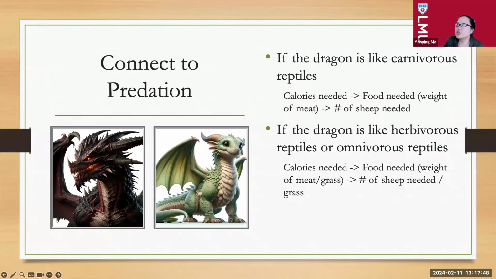So if we think our dragon is a carnivorous reptile, then when we build our model, we would only talk about the meat intake. We just assume water doesn't really contribute anything. Versus if we were talking about dragons that are herbivorous, if they only eat grass, right? Or if they eat both meat and grass, what type of environmental connection they would have. So when we model, our food needed should be related to the meat and to the grass. And by the way, all the dragons and all the pictures here are generated by DALL-E.